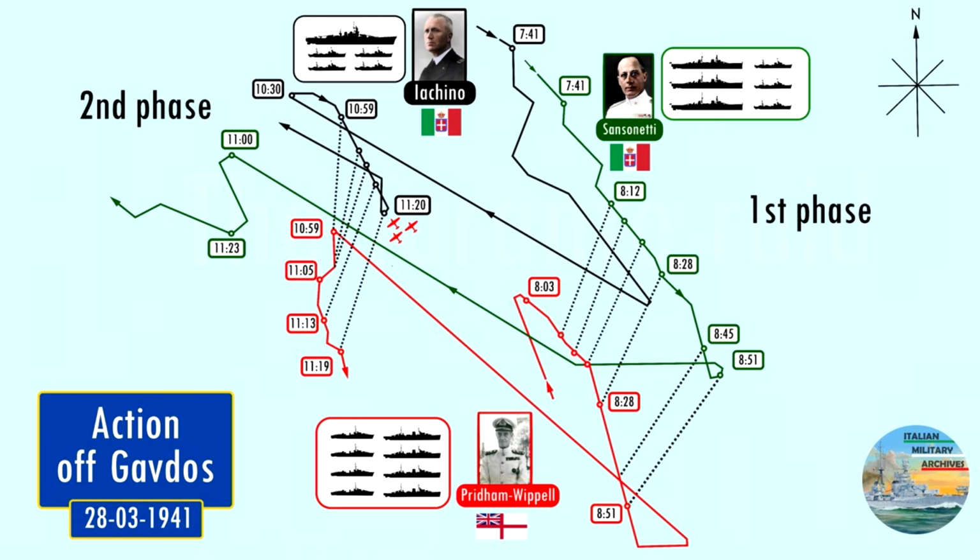After a brief pursuit of the British light cruisers, the Italian ships withdrew towards the Vittorio Veneto, still not sighted, while the enemy cruisers turned back once again, shadowing the Italians. At 11 a.m., the British light cruisers came under the fire of Vittorio Veneto and immediately reversed course to escape out of range. The pursuit was halted at 11:25 when torpedo bombers flown from HMS Formidable attacked the Italian flagship,